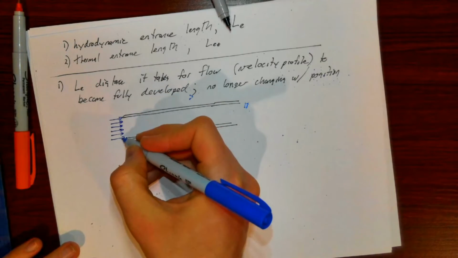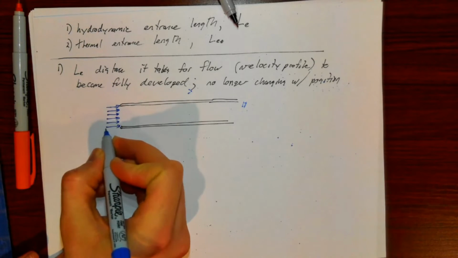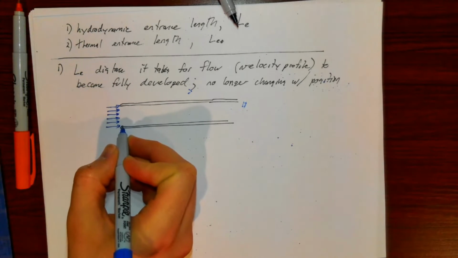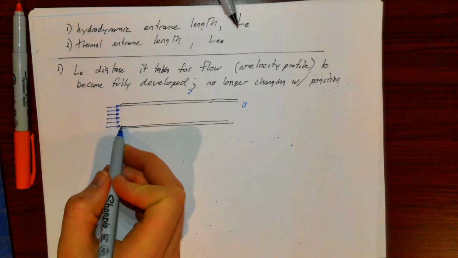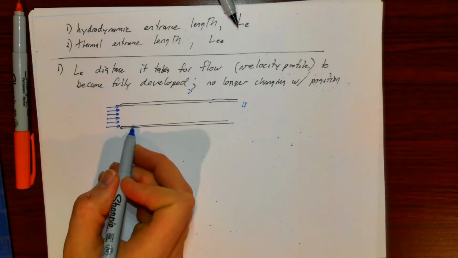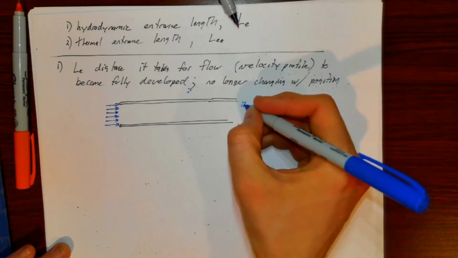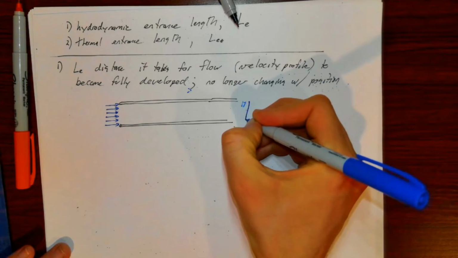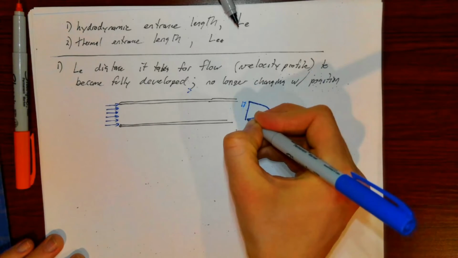This fluid is screaming along at some velocity, then all of a sudden it encounters the wall of the pipe. We know that the molecules immediately adjacent to the wall, if the wall's not moving, are also not moving. So we know that eventually, some distance downstream, we end up with this parabolic velocity profile,